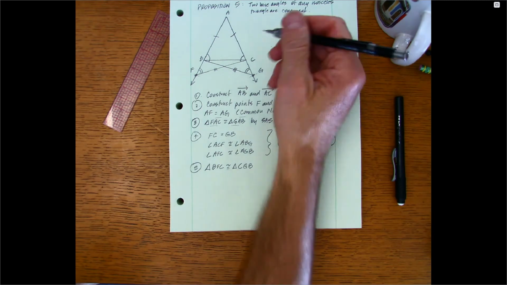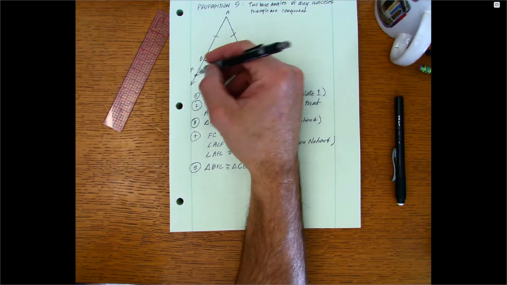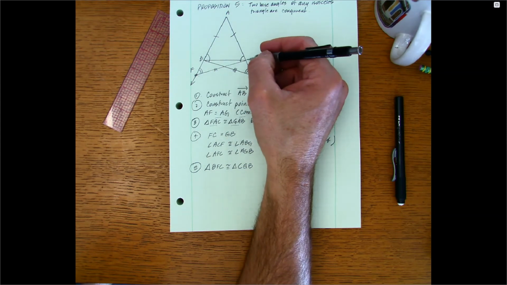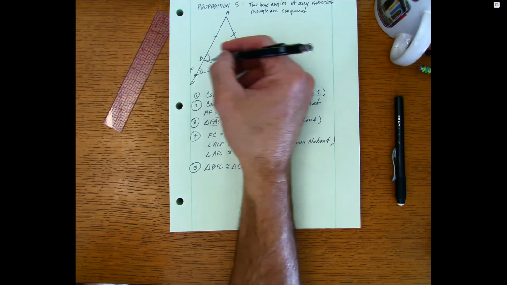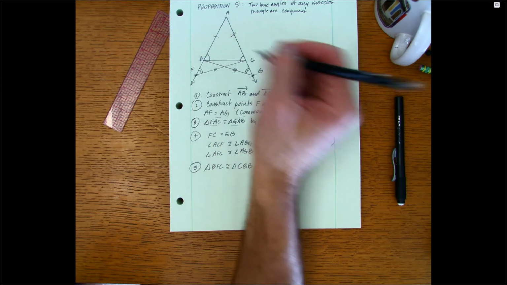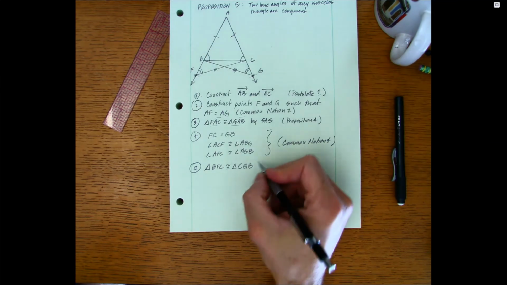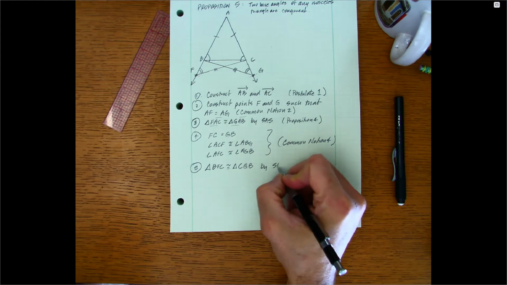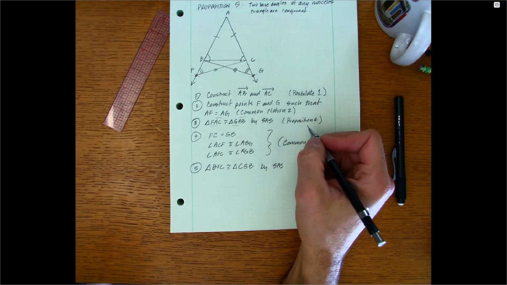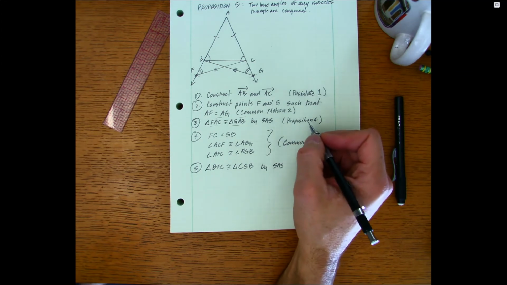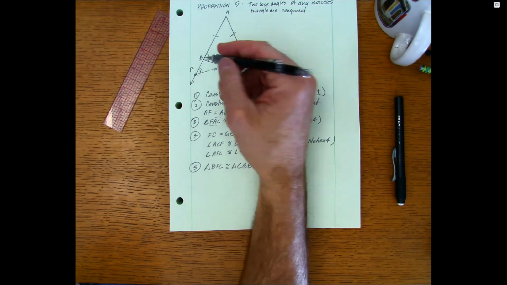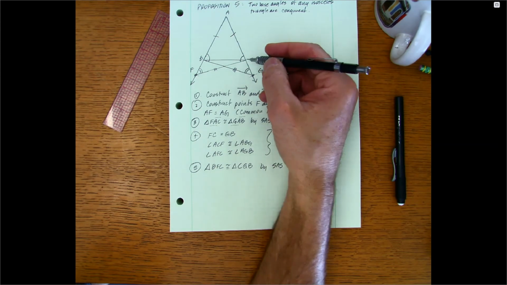So let's see, BFC, this little guy in here has got to be congruent to CGB. It's sort of this slicing triangle in here, right? And they say that's by side angle side. So that's again Proposition 4. And let's just make sure that we understand. Well, it looks like BFC